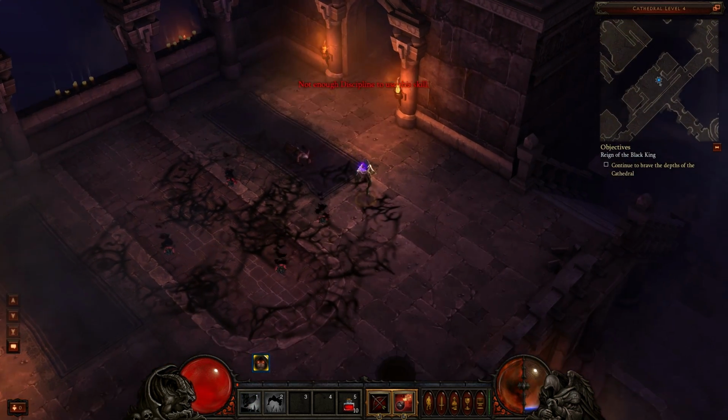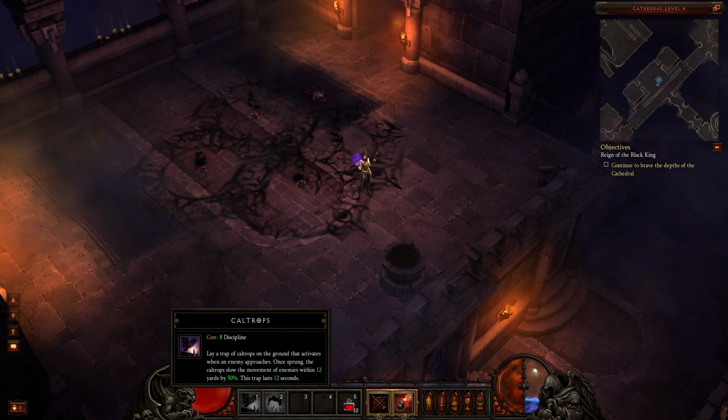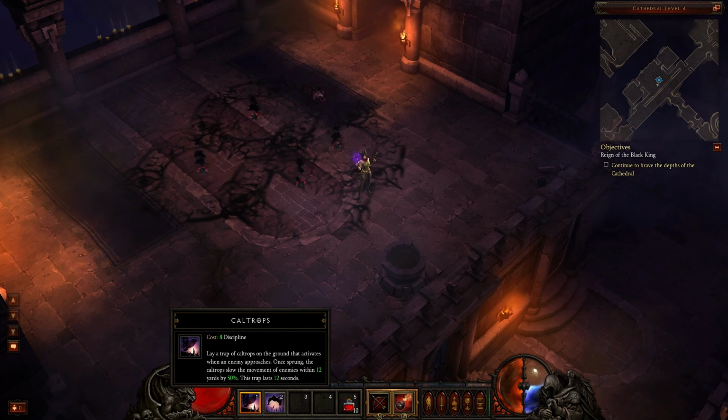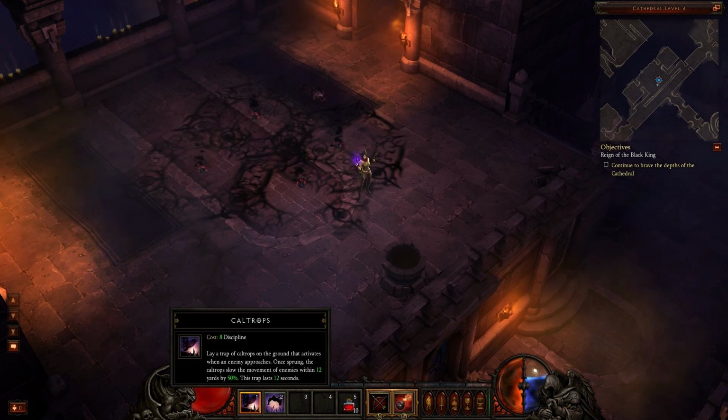These are little traps that I can lay all around. Lay a trap of Caltrops on the ground that activates when an enemy approaches. Once sprung, the Caltrops slow the movement of enemies within 12 yards by 50%. This trap lasts 12 seconds. It lasts quite a while. If you're going to use it, you should be able to lay it, and it will still affect whatever you